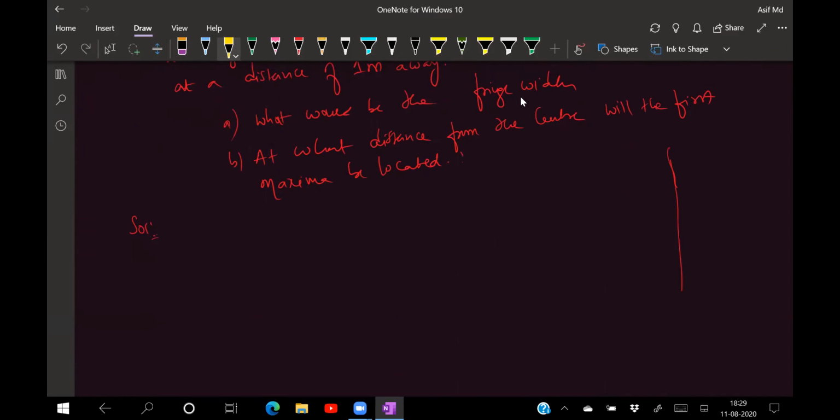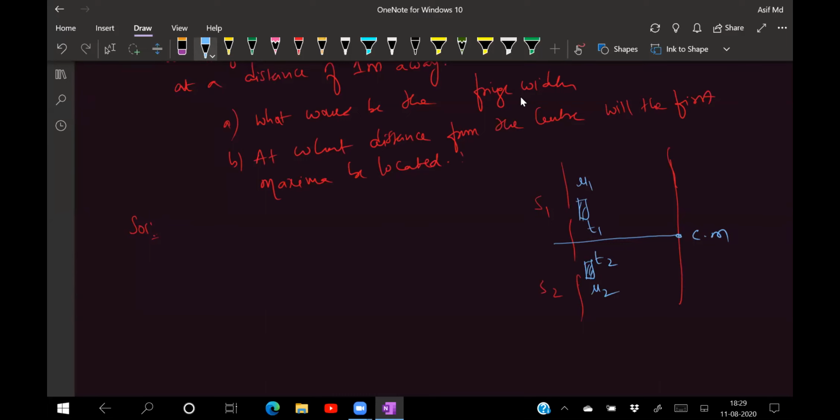This one is your YDSE. This one is your two sources right now. This is S1 and this is S2. And here I'm having one mica strip right now and here this one mica strip. This is refractive index mu1, this is refractive index mu2. Thickness T1, then thickness T2. And this is your central maxima. That is a given condition.